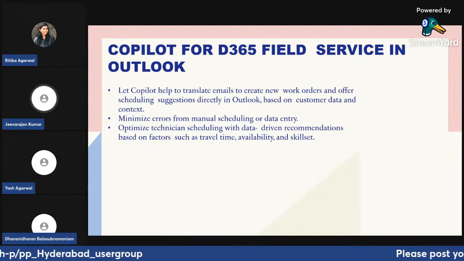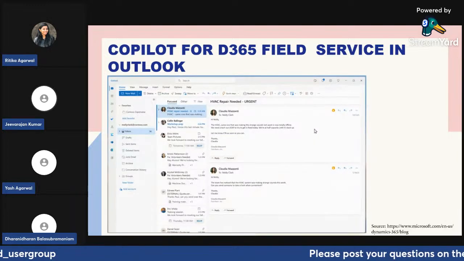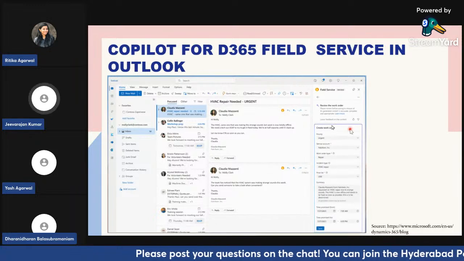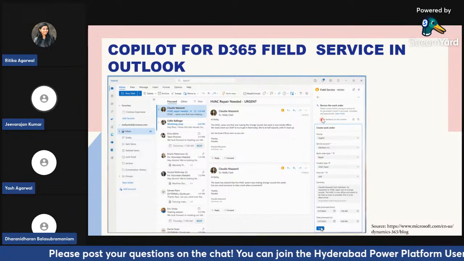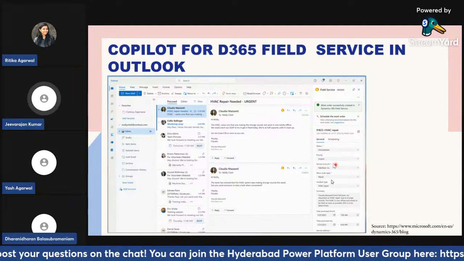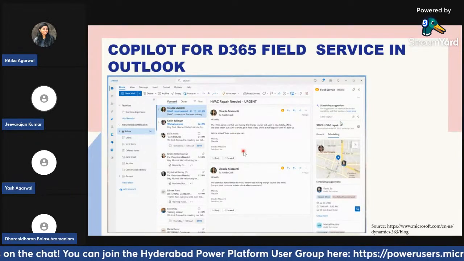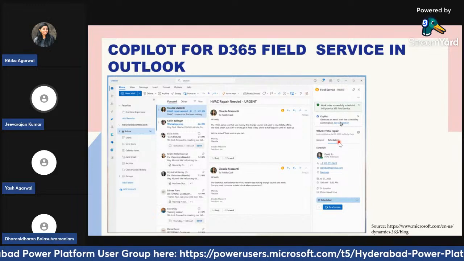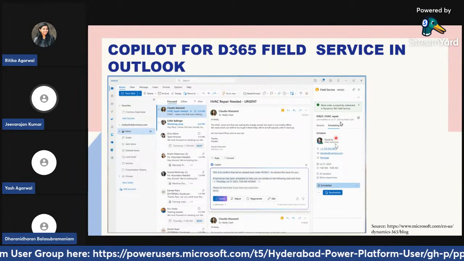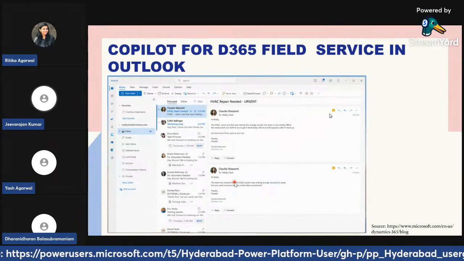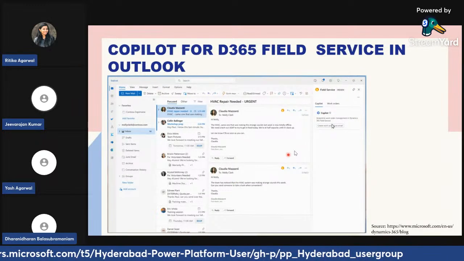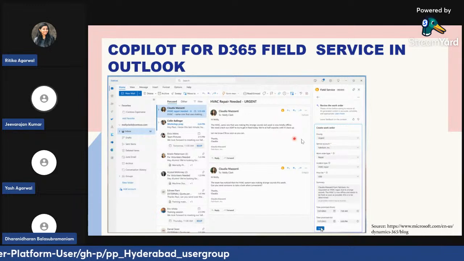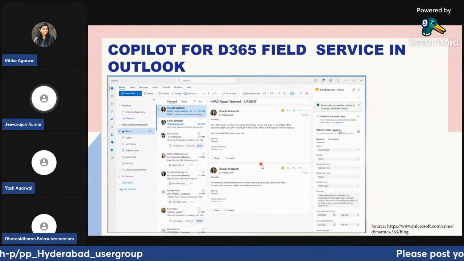So if you just go to a demo there, you can see that's a field service plugin, and people are just using the create work order. It just picks all the information from the email, and it helps to also schedule it by suggesting the appropriate resources, and then they're just creating it. And it also helps with creating the email content. So for whatever email response they want to send after creating the work order, they can send it back to the customer without even typing it one by one.